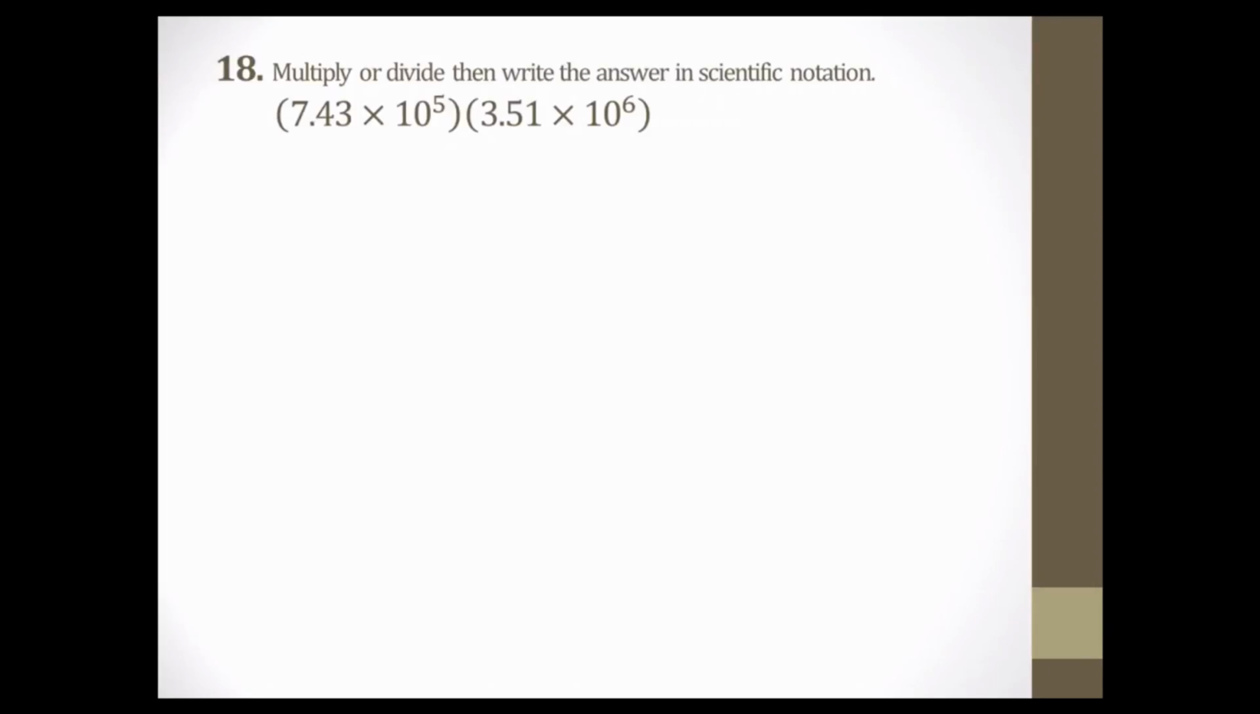Alrighty, so we're going to start by multiplying the numbers. So we're basically doing 7.43 times 3.51, and then we're going to multiply that by 10 to the 5th times 10 to the 6th. The neat thing about multiplication is commutative, so you can switch all that around and you'll get the same answer. So let's take care of the decimals first. So lucky you, you can use your calculator if you like. 7.43 times 3.51 is going to equal